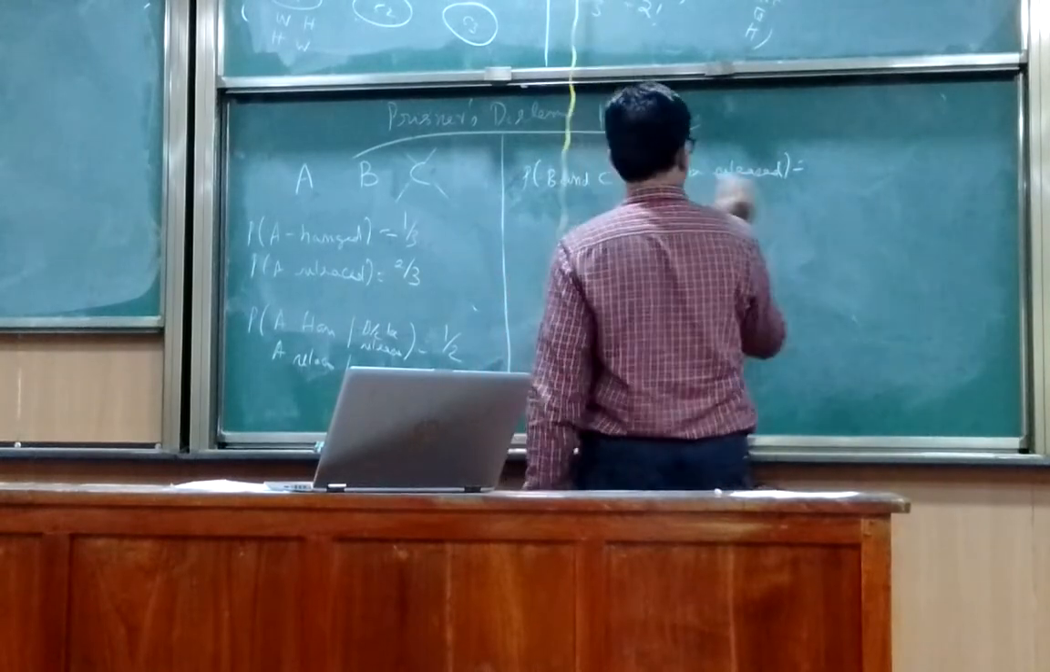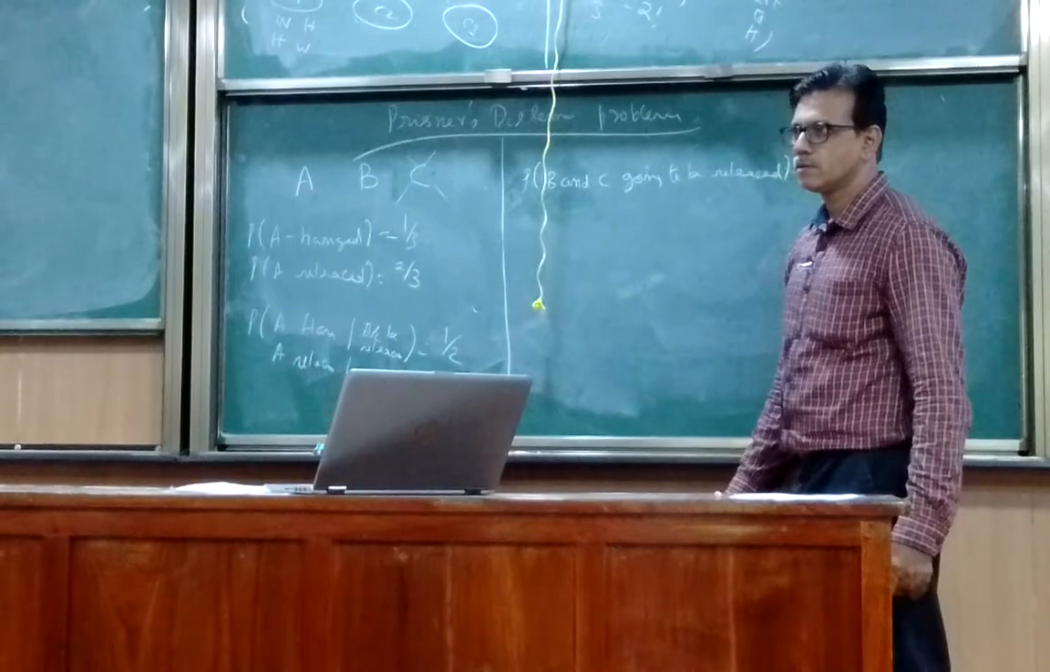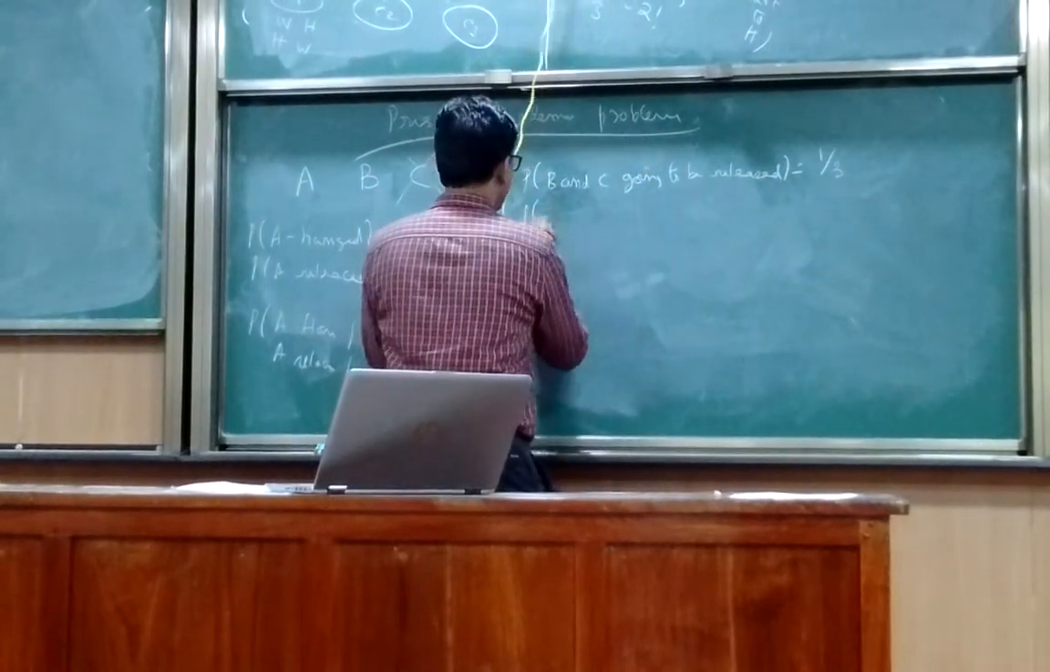Is it okay? Is also 1 by 3, because B and C will be released if A is hanged. Similarly, probability that A and C